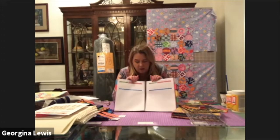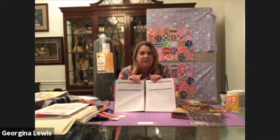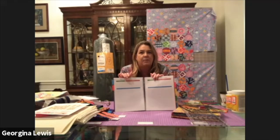The other thing that I have somewhere in the beginning of my planner are sketches, because, don't fall out of your chair, this is a shock, I know, but I'm always redesigning the quilt, right? That's what I do. I find little shortcuts or whatever, and I will sketch changes. So I like to put 2 sheets of